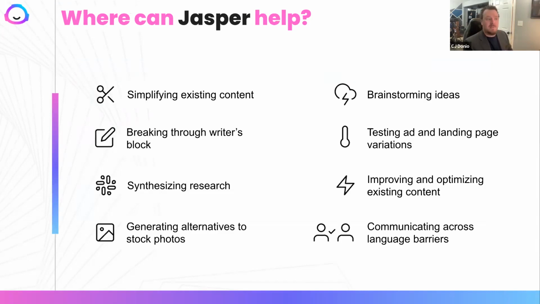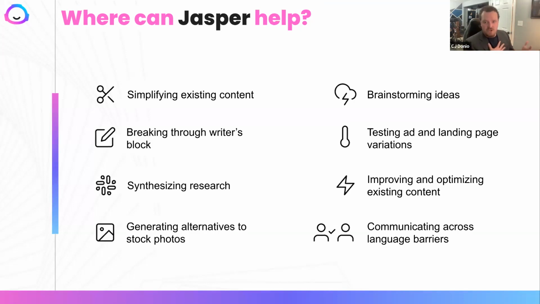So we already talked about brainstorming ideas. We already talked about breaking through writer's block. So again, I literally would give Jasper a passage and what I said in the commands was, hey, tell me 3 different ways I could take this story. And I was really shocked. He actually came up with some ideas I really liked. Really original, really creative.